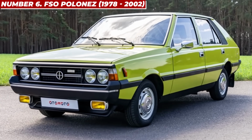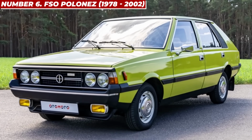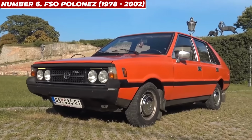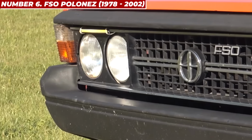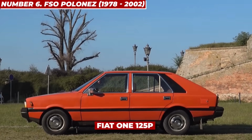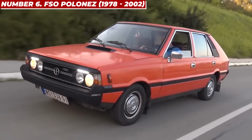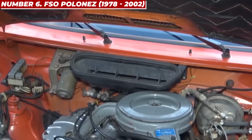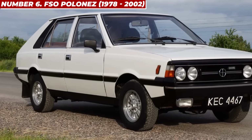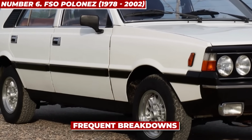Number 6. FSO Polonez, 1978 to 2002. Number 6 takes us behind the former Iron Curtain for a vehicle that symbolized the problems with communist-era manufacturing. The FSO Polonez was a Polish family car based on the already outdated Fiat 125P, featuring angular 1970s styling that remained unchanged for decades. The Polonez's build quality was notoriously terrible, with inconsistent panel gaps, frequent breakdowns, and an interior